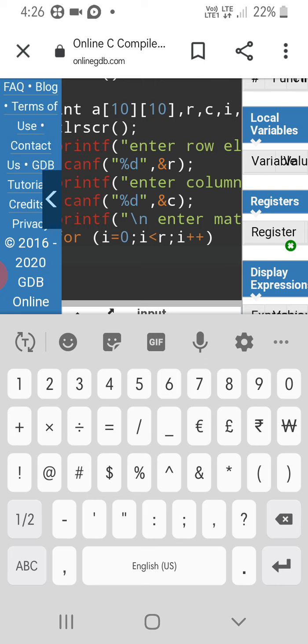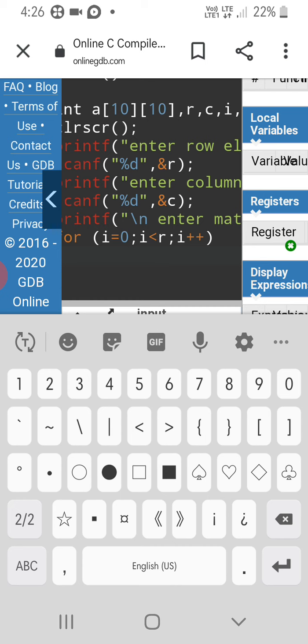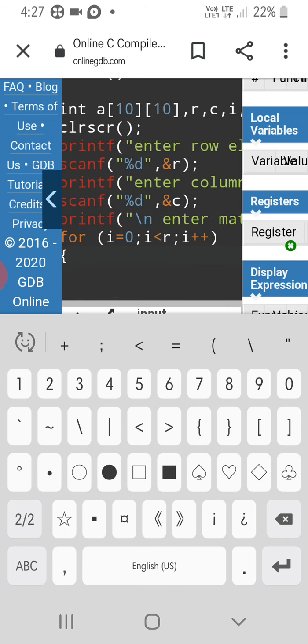This first statement is used to access row elements, and this is the outer loop. Next we require another, inner for loop to access column elements.